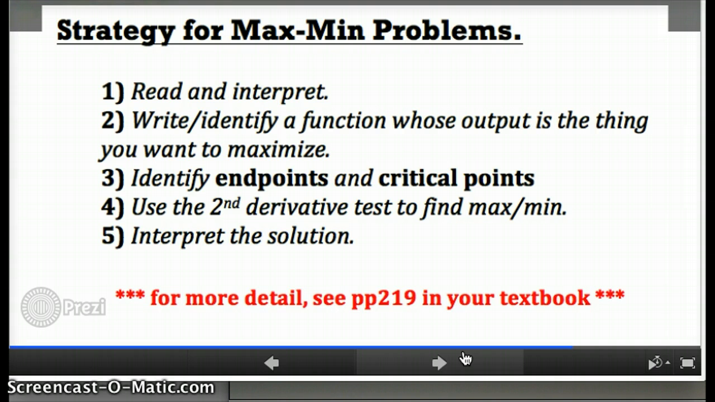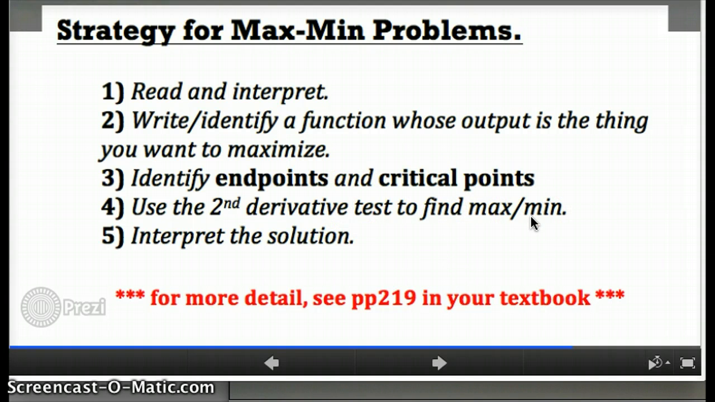Once you have that function, you're going to identify any endpoints given the situation and the critical points. Remind me again, what are critical points? Exactly, critical points are numbers for x or for the input that make the derivative 0 or non-existent. And once you have endpoints and critical points, you're going to use the second derivative test to find the max or min. In some cases, maybe we'll use the first derivative test. Either one will work as long as you know how to determine, is this telling me a max or a